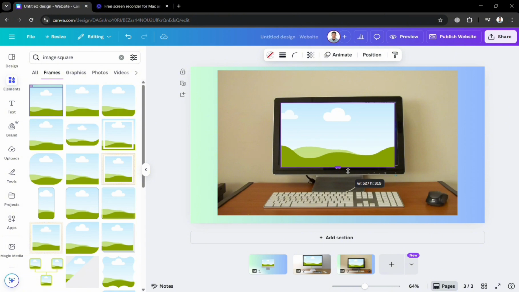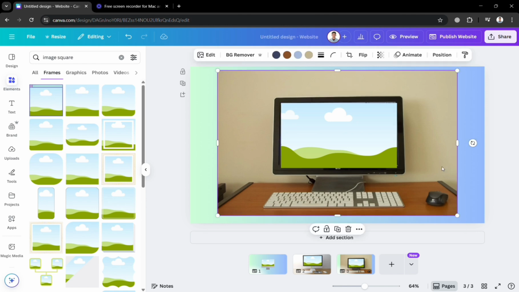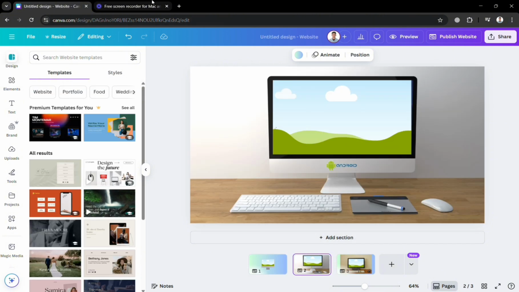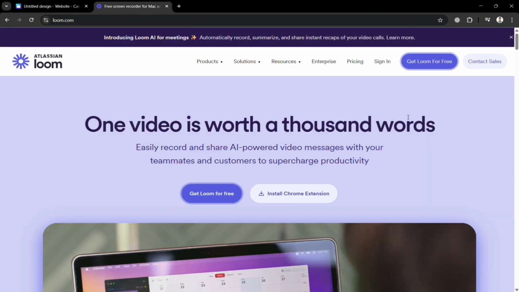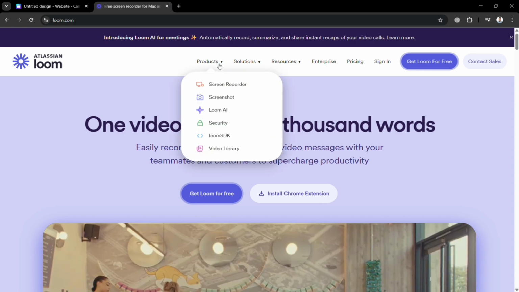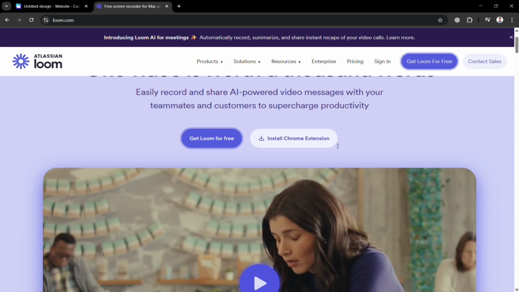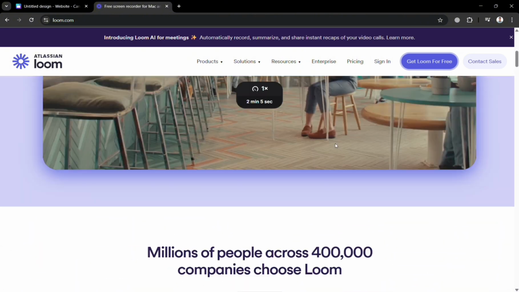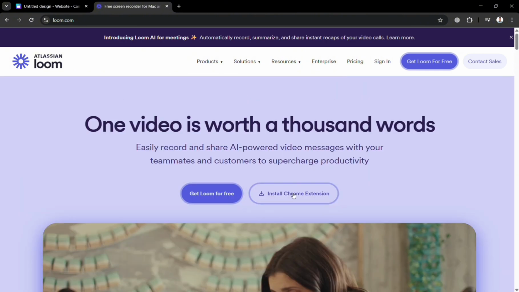So this is basically what it looks like, in which these are the frames that we're going to add the scrolling website. And to start adding a scrolling website, we're going to use a platform, for example, this one, which is called Loom Atlassian, which is a video messaging tool that allows users to quickly record and share videos of their screen, voice, and face to communicate ideas more effectively and asynchronously,